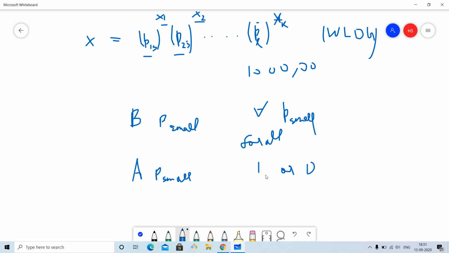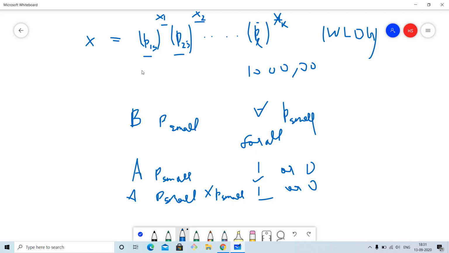Then if it is 1, we will query again, but this time not for p small. This time we will query for p small times p small. That is, p small can have a factor of 2 in the prime factorization of x. So we do the query A of p small times p small, and it can also be 1 or 0. In a similar way, we go all the way down to calculate all the p small factors, and we make sure that p small multiplied again by p small does not go beyond n.